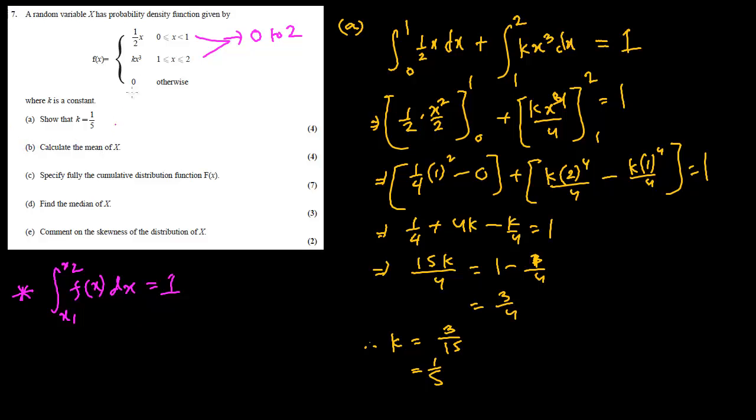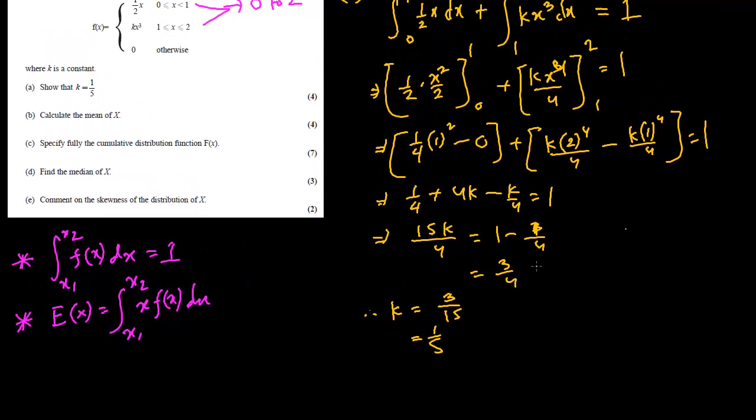Calculate the mean. Now remember, the rule for the mean is expected value is over the limit x1 to x2, but this time it has to be x f(x) dx. That's how we find the mean. But here, since the limit is broken down into two parts, we have to find it separately and add up to find the mean. So what we have to do,